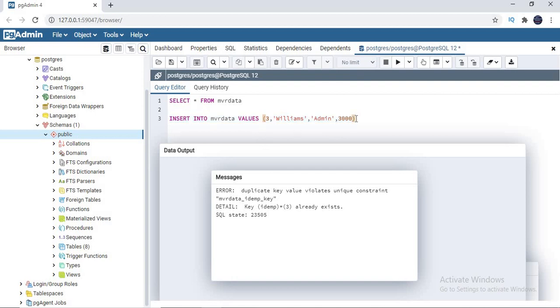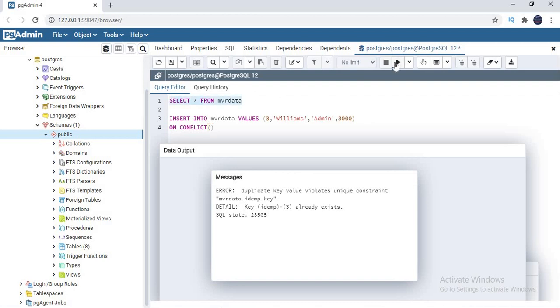Now I don't want to see the error message. What I want is, if the key exists, if the 3 already exists, I want to perform an update for the other columns. If it does not exist, I want to do the insert. At that particular time, we need to think about upsert. Since upsert is not a keyword, we need to use on conflict. So I'm going to write on conflict of, on what column you want to identify whether it is an existing value or a new value. So that you need to specify.